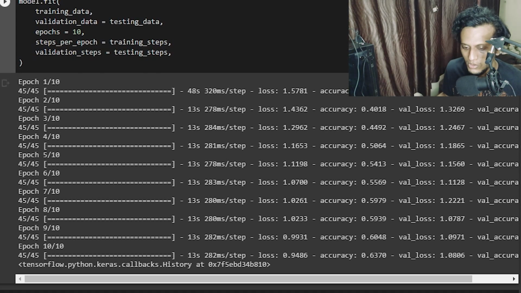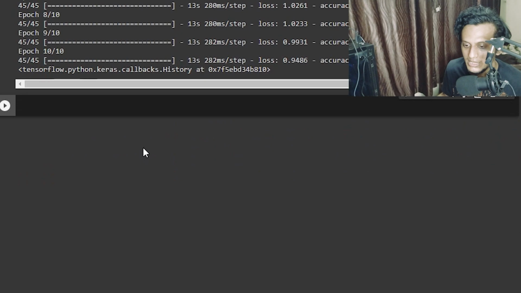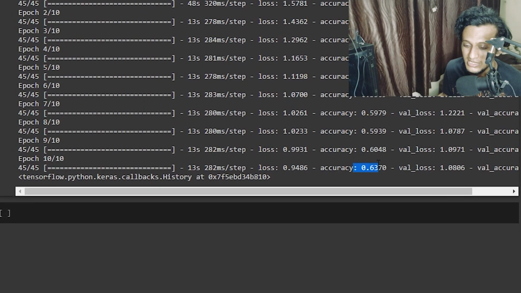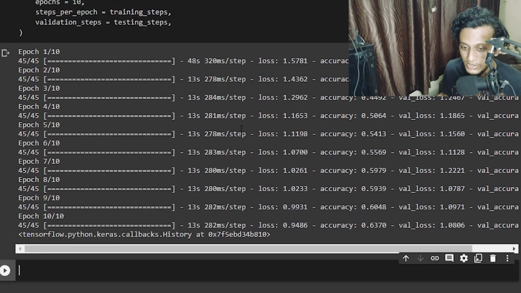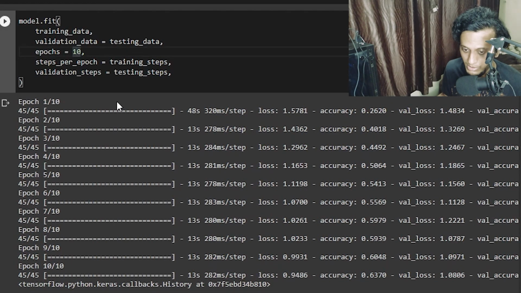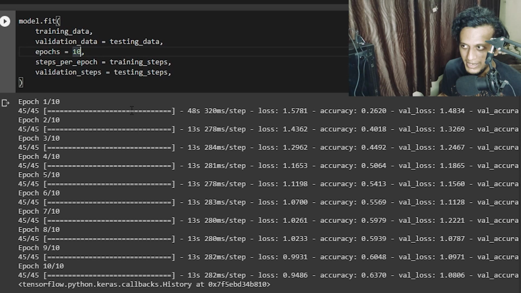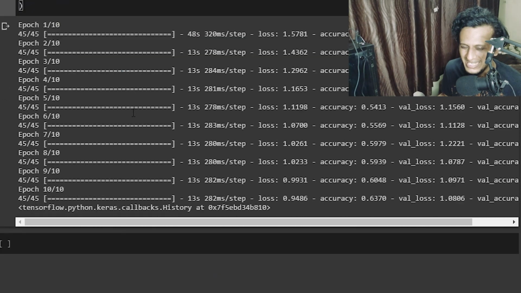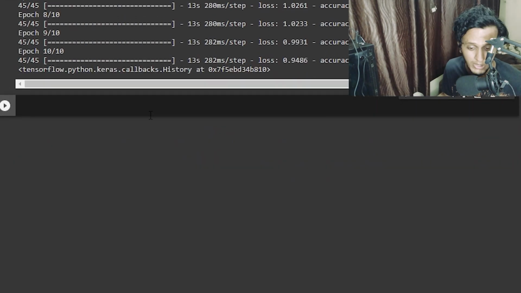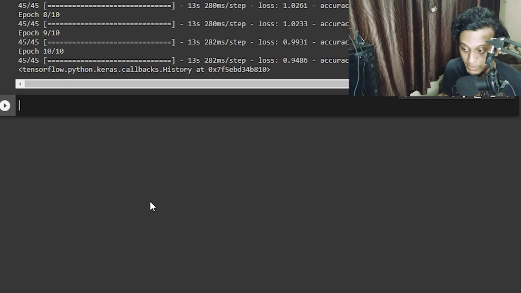So now we will have to use the prediction mechanism. The 63% accuracy is very poor, I know it myself. I could increase the epochs over here and take it to around 15 or 20 epochs. I think it should yield around 83% accuracy, and that is just an estimate. But you can give it a shot. But now I will try to predict the image.